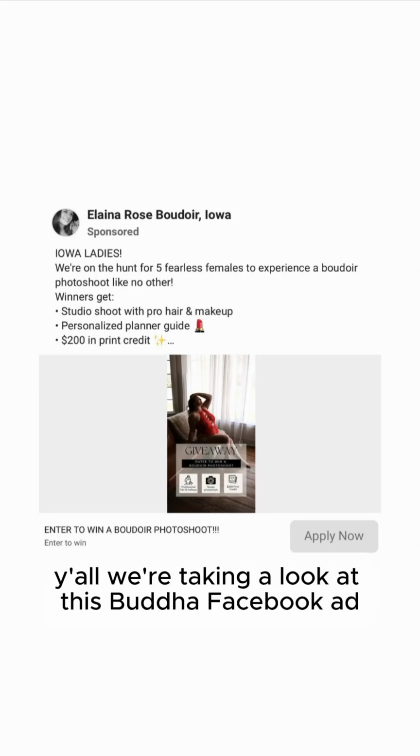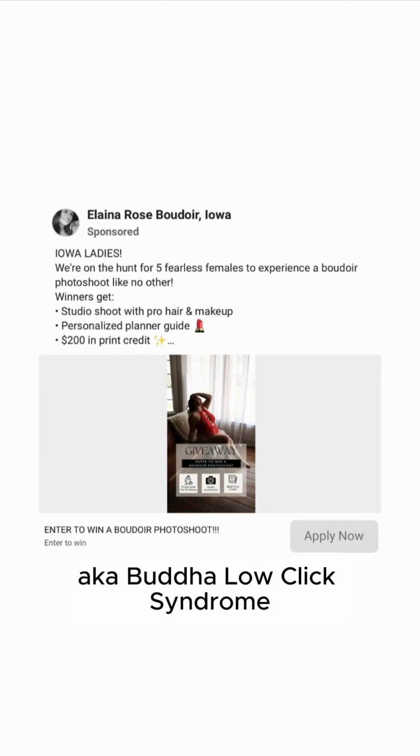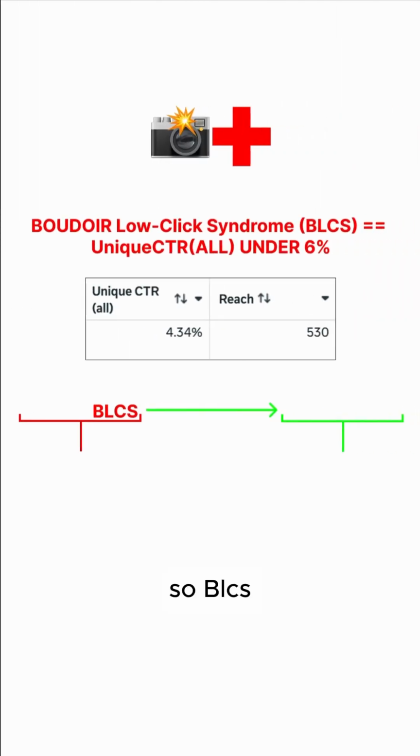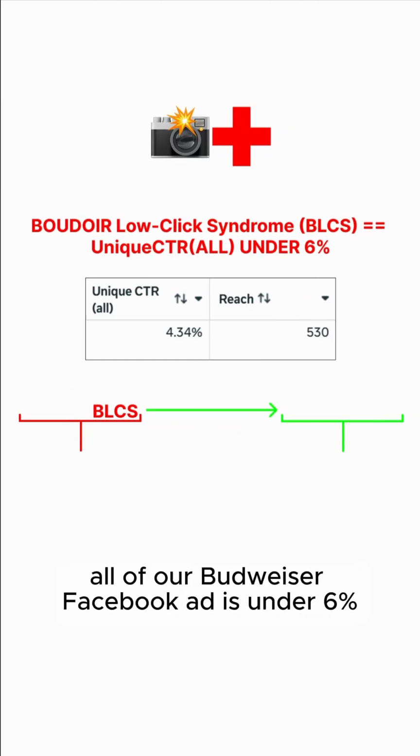All right, y'all, we're taking a look at this Boudoir Facebook ad. We're going to diagnose it, see if we believe it has BLCS, aka Boudoir low click syndrome. BLCS, also called Boudoir low click syndrome, is when the unique CTR all of our Boudoir Facebook ad is under